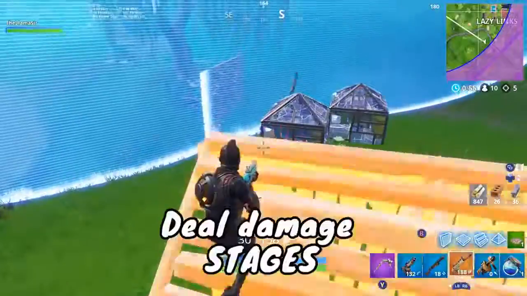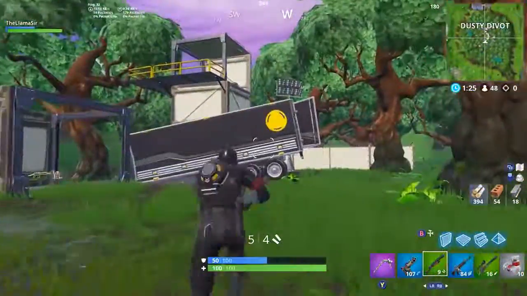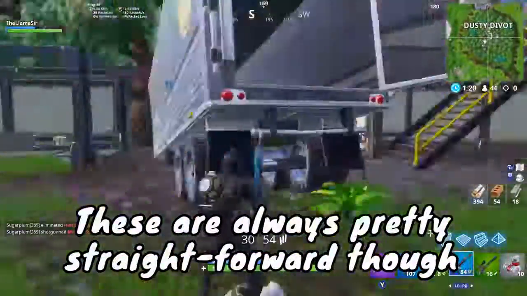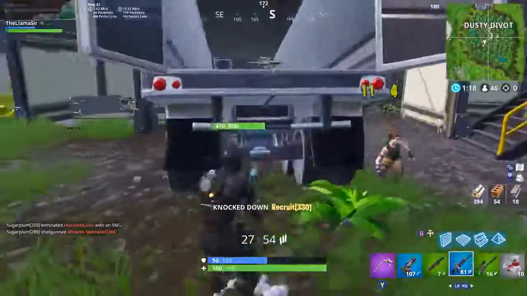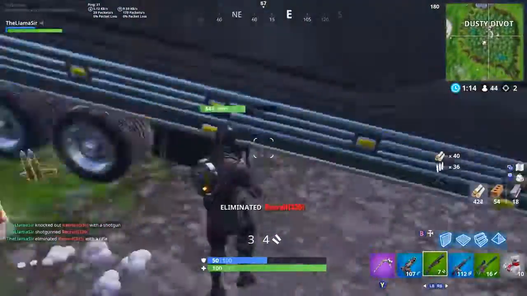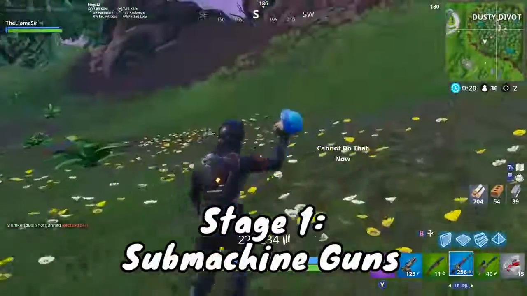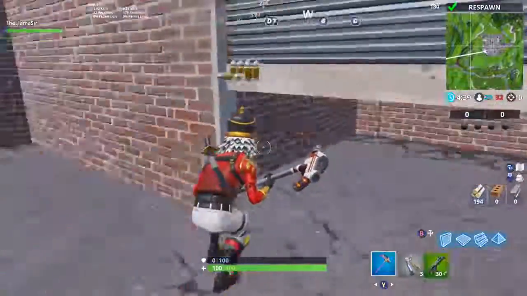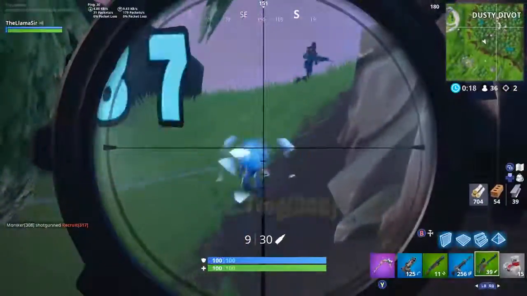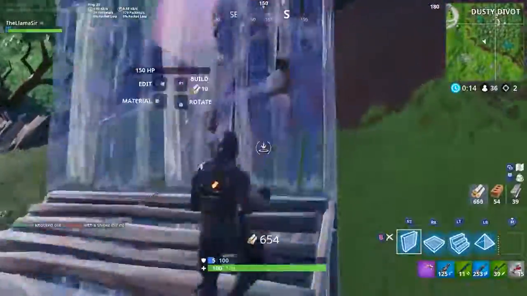You first have deal damage type stages, and I haven't quite gotten to the other stages for this one yet, but as you guys know, the stage challenges are generally pretty easy, and I feel like this one will just have you go to other weapons or stuff like that. For example, here with the first part of this challenge, the first stage, it is submachine guns. So like for this one, I would personally just do a big team limited time mode. And really, guys, that's all you do need to do for these types of challenges. So that's what I would recommend probably for the other stages as well, if they are similar to the first